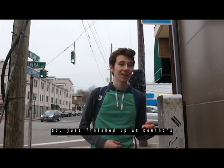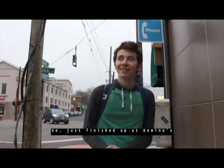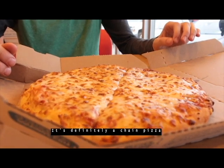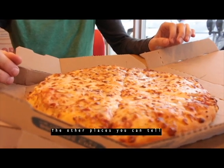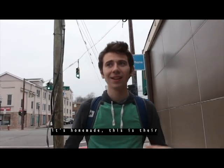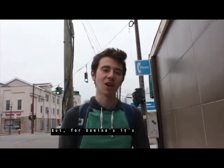Just finished up at Domino's. Gotta say I expected this, but this is the worst one. It's definitely a chain pizza, you can tell. The other places you can tell it's like homemade, it's like this is their thing, this is pizza, but for Domino's it's